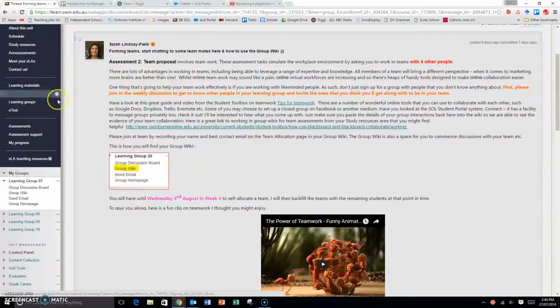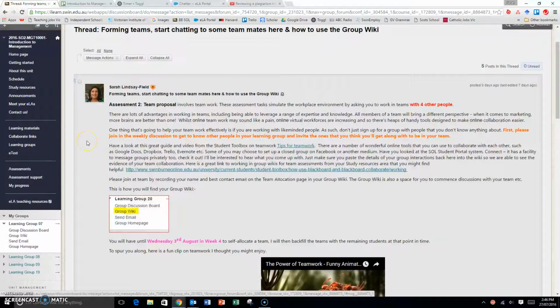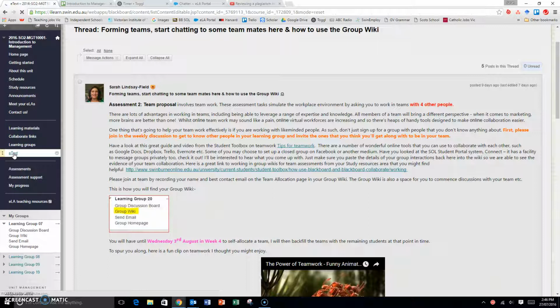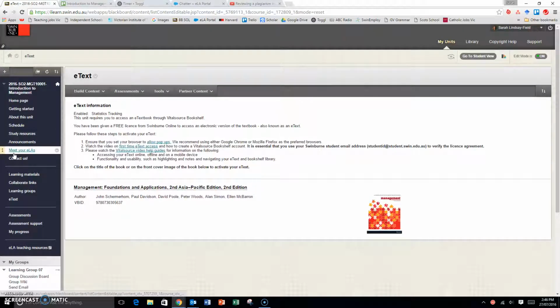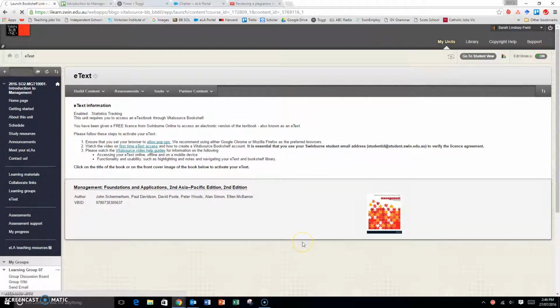Another quick thing to touch on. Today I've had a few queries from some of our ELAs with people having trouble accessing the links in the learning materials for your activities. My advice would always be, always have your e-text. When you're going into your learning materials and you know there's some textbook reading you need to do, I would go straight into my e-text menu and open up my textbook. And then what I would do from there, that's just taking a little bit of time to open up.